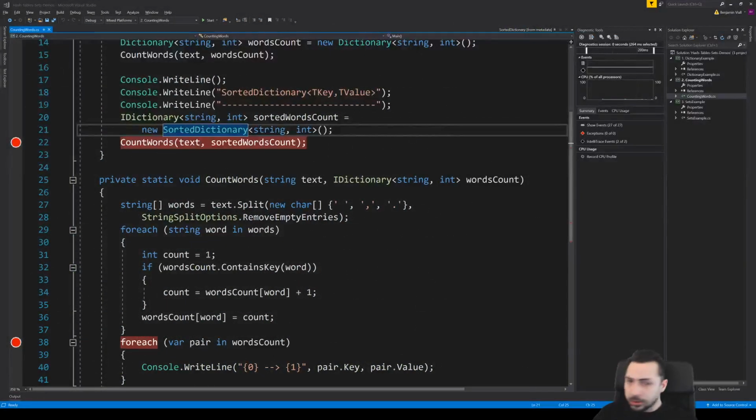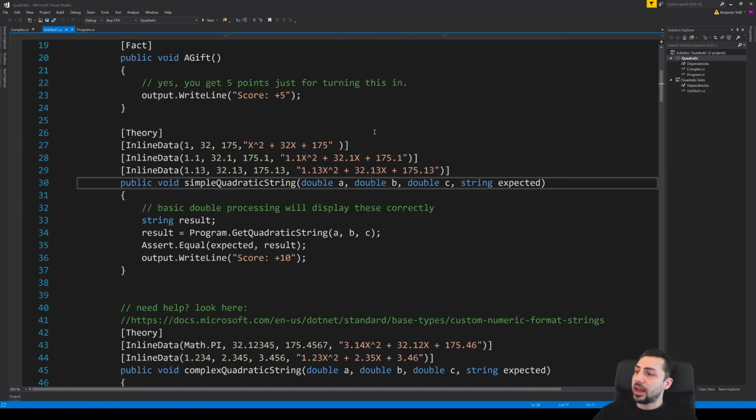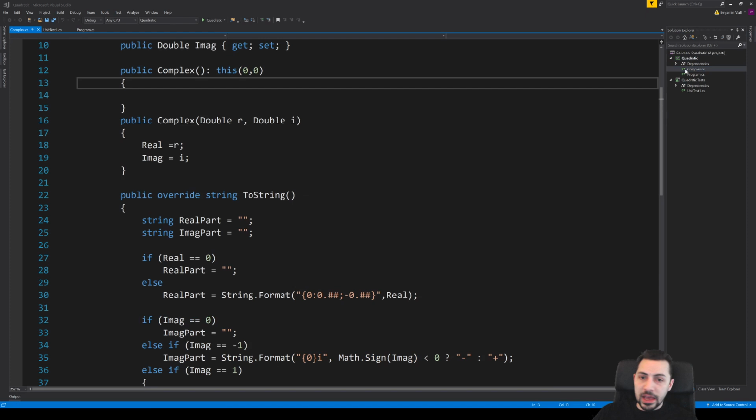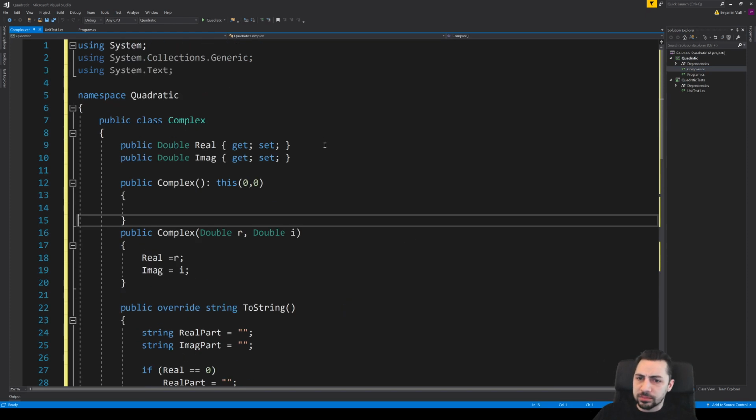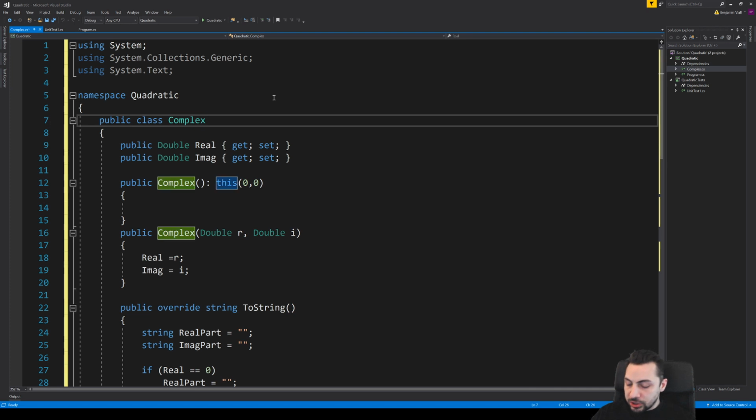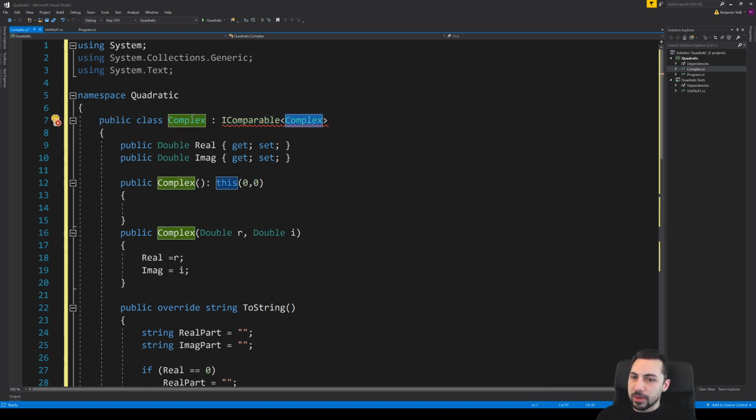Go back to Visual Studio. Let me briefly open up one of our recent projects, Quadratic. In Quadratic, we implement a complex class. Now we can choose to implement the comparable interface to other complex numbers, and that's how you read this: you can compare one complex number to another complex number.